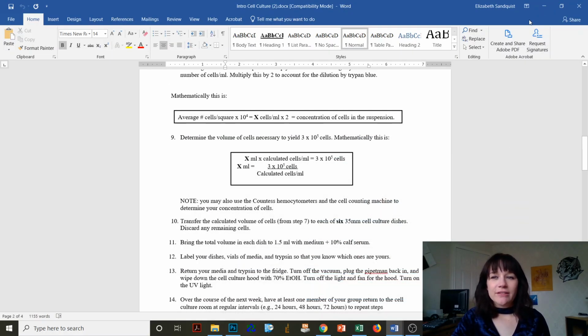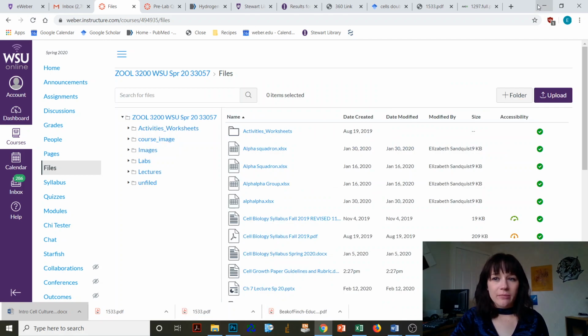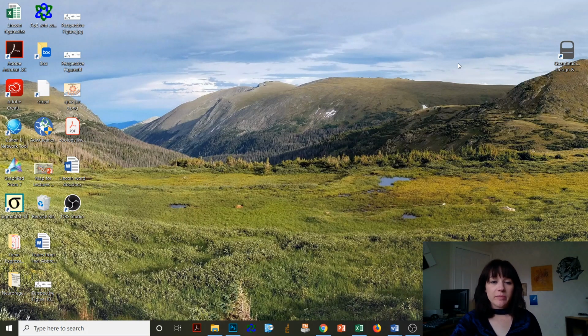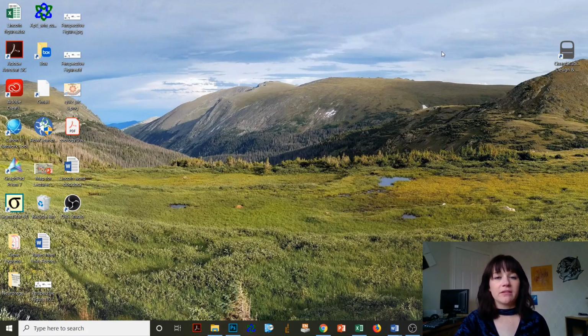All right, so let's talk about the lab that we did last week. We were able to set up cells to do culture, and we set up a couple different cell lines, BHK, A549, HeLa cells, and MDCK cells. And we had some difficulties getting enough cells to do all the different lines, but we were able to get 6 dishes from the HeLa cell line and 6 dishes from the BHK cell line, that baby hamster kidney cell